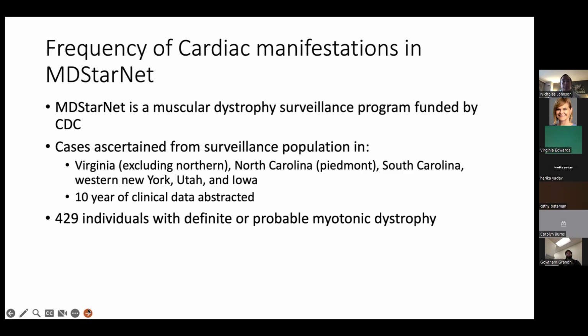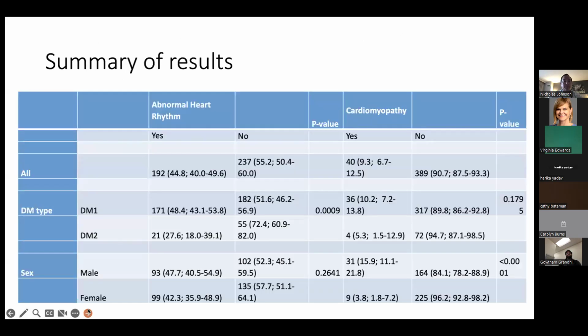They can have probable myotonic dystrophy, which is without the genetic confirmation, but very typical symptoms. And then they can have possible, which means they were seen in the ER and somebody said, well, they might have myotonic dystrophy. So of the 429 individuals with definite or probable, you can see here the summary of